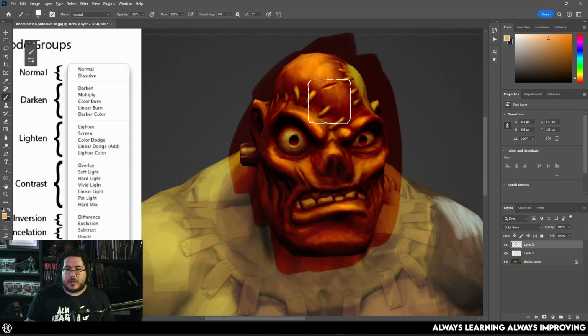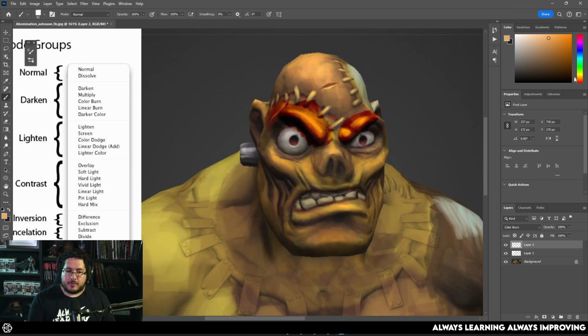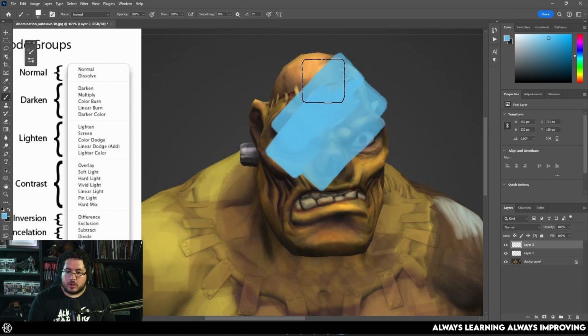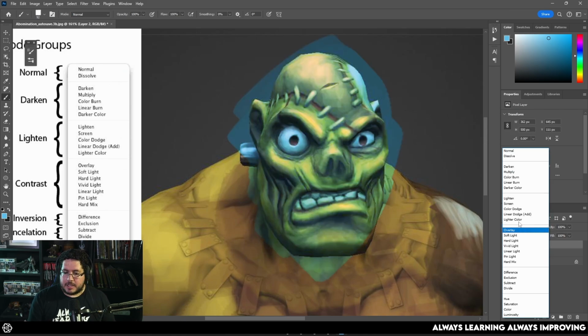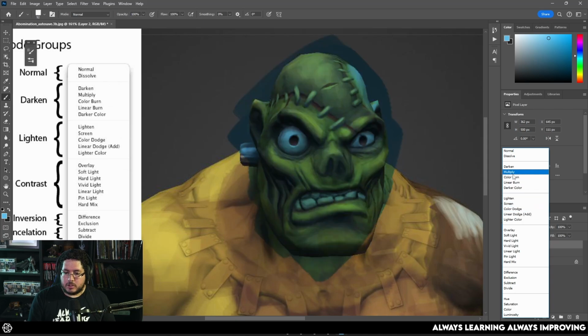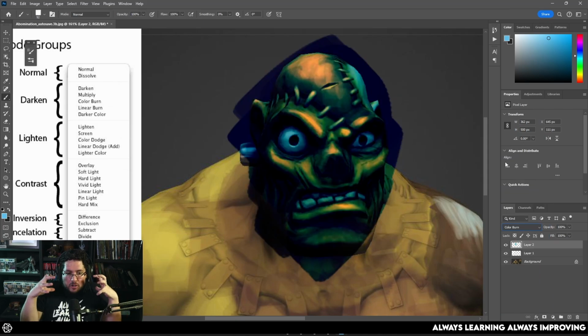So as you can see, if I just add like a very quick color burn, everything looks like it's on fire, right? And of course, if we were using a different color, let's say for instance a blue right here, we're also gonna get something similar. So this is the blue. Right now it's set to normal. Again, replacing everything, and we set this to color burn. There we go, and everything burns, so it's way more intense, way darker. We bring the tones or the values down, and we push the saturation up. So as you can see, we get this sort of very crunchy effect. It's very grungy. I like it. I don't use it all the time.